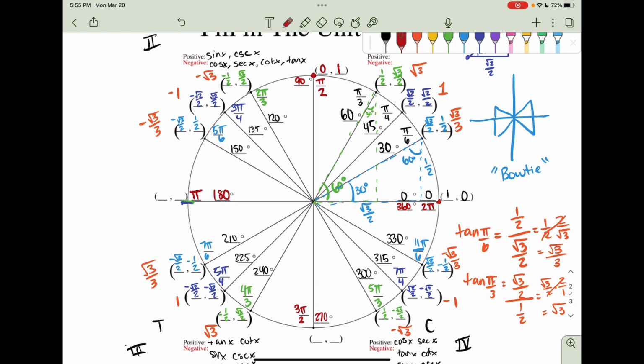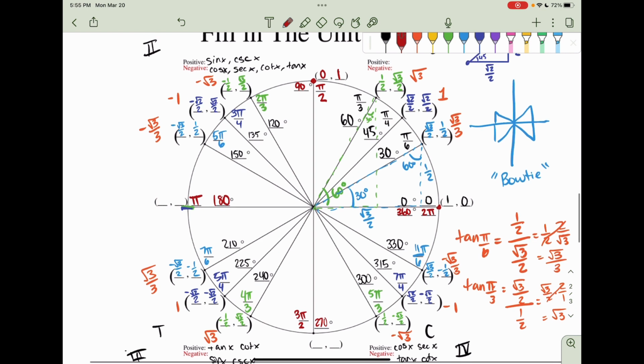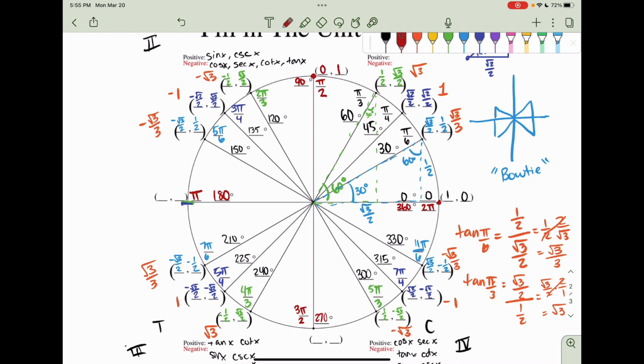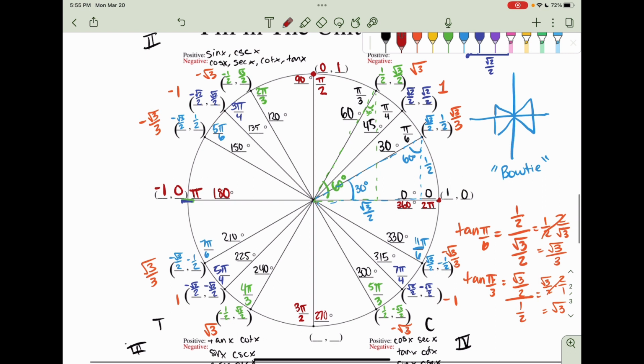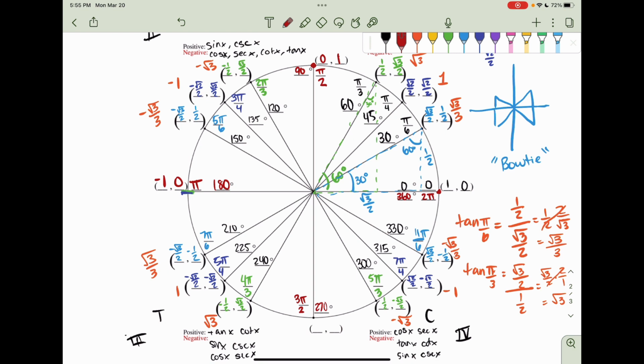So last thing is just the coordinates on those quadrantal angles for 180 degrees, or pi, and for 3 pi over 2 and 270 degrees. And I also want to list the tangents at those points. So here we have -1, 0. We go over -1. We go left 1 and up 0. And at 3 pi over 2, we have 0, -1. We don't go over any, but we go down 1. The tangent